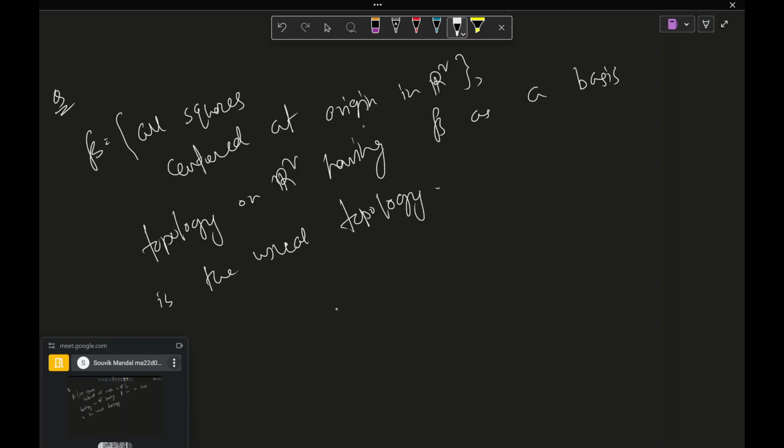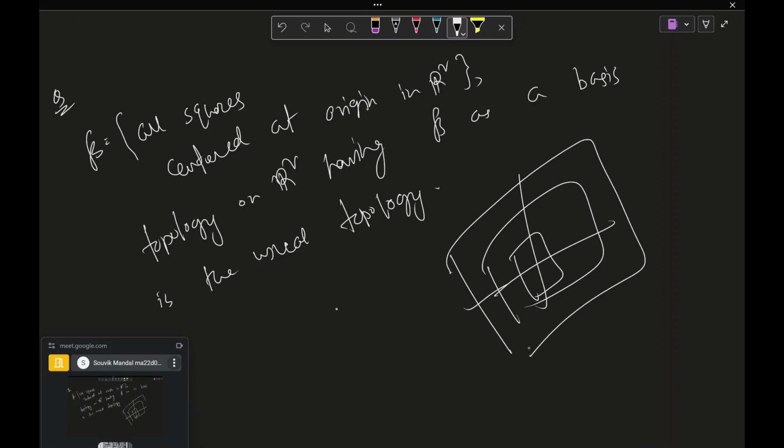So basically, I take beta to be all the squares centered at origin. So this is all possible, basically the concentric squares centered at origin. So this forms the basis of topology. I mean, of course, it's not, because